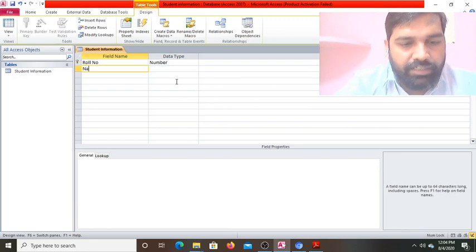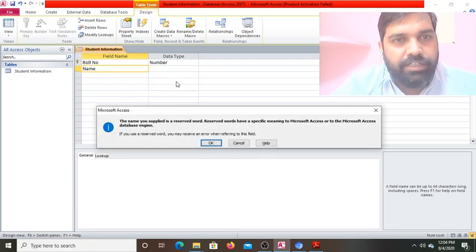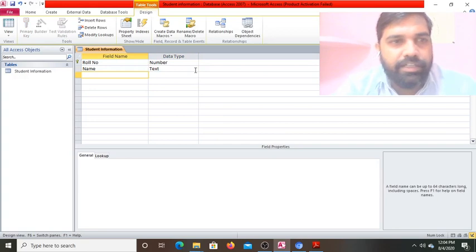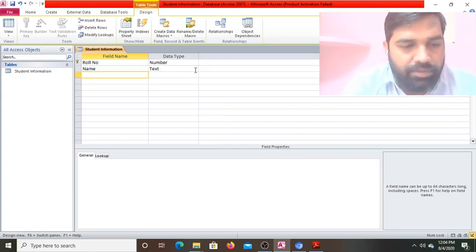In the second field you are going to write the name of the student. Name. Okay, see, this is text data type. Again, in the third field we are going to set age.